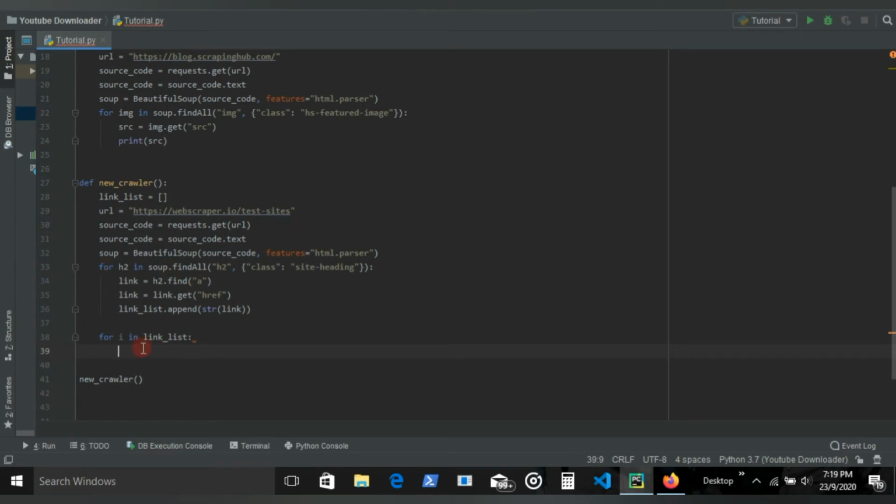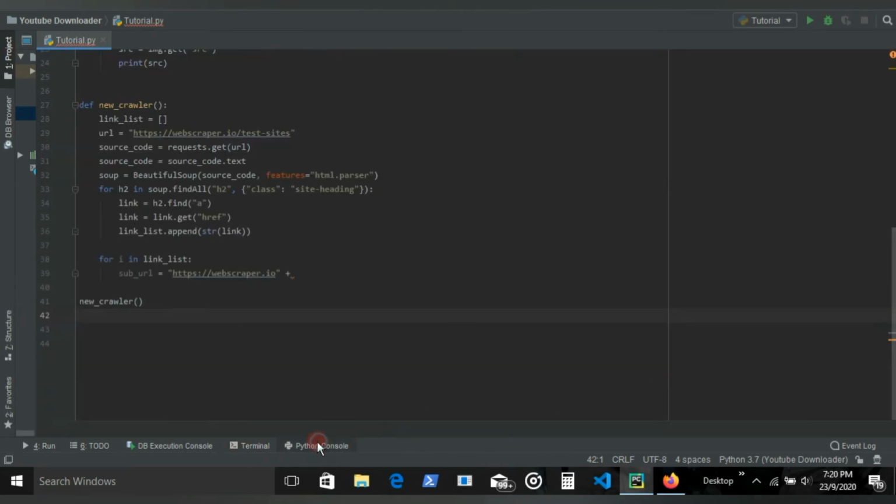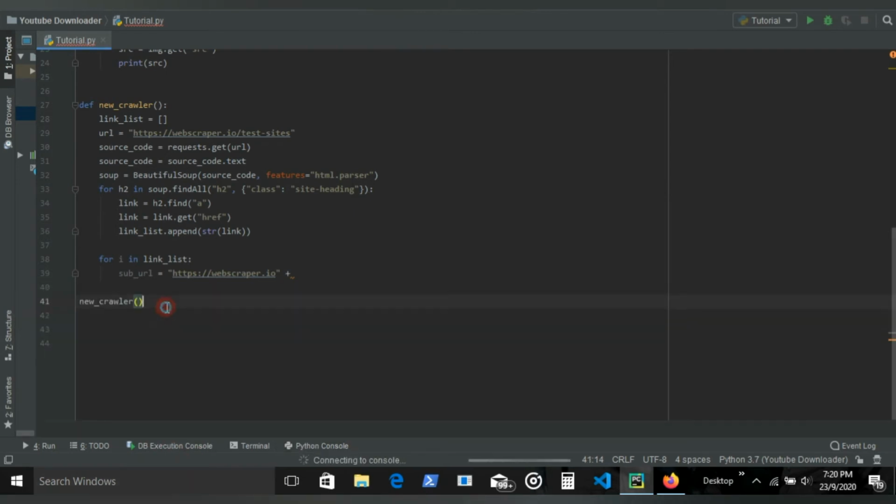Okay, what we need to do. So we again need this section. Sub URL, and then let's copy this section, Control C. Let's paste it in. Let's remove one quotation. Okay. And now we need to add this with each of the links that we get from the main page. So whatever the link we get from the main page,